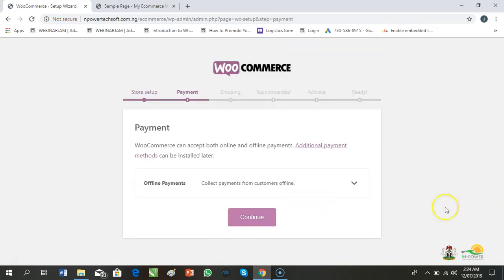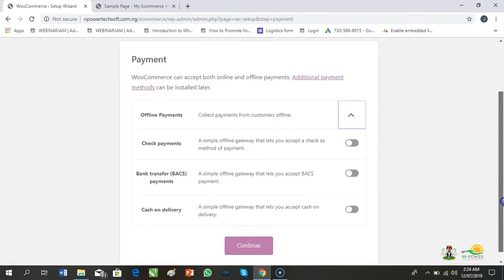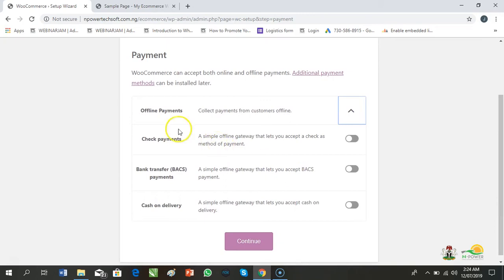The second page is payment. WooCommerce can accept both online and offline payments. So this is for offline payments. If we want to accept bank transfer, you are going to put this on.